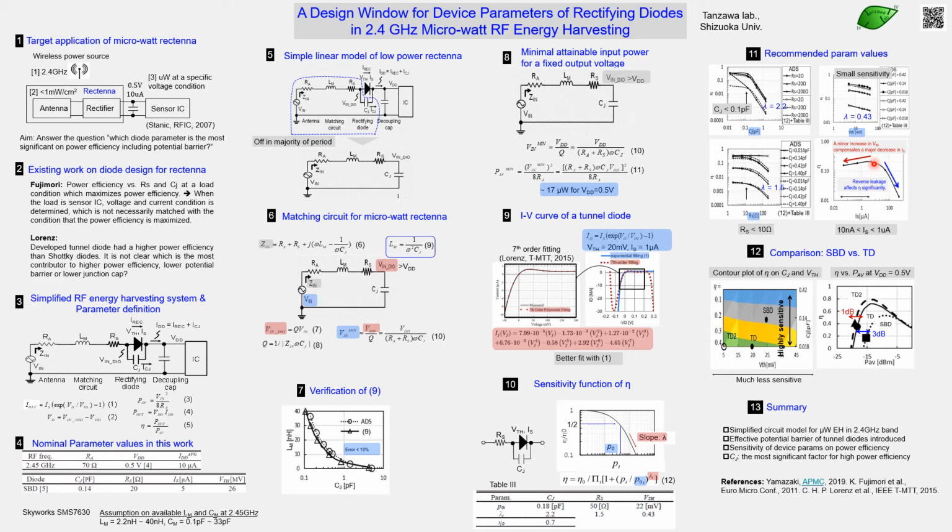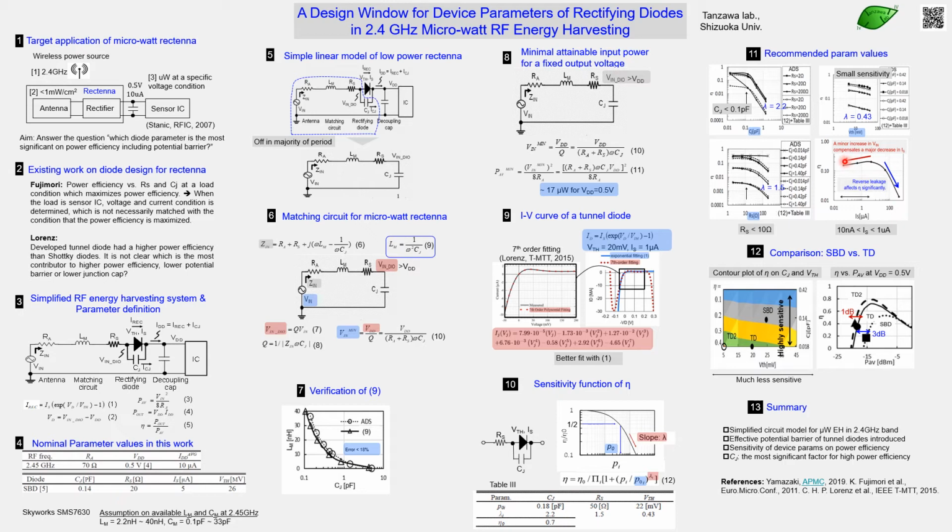If your IS was very low, the eta doesn't change much. Slightly, of course, there is a slight reduction as IS is reduced, because